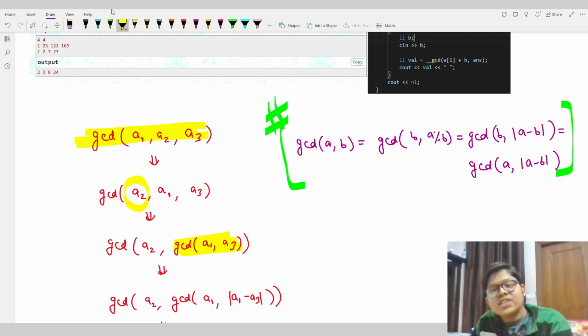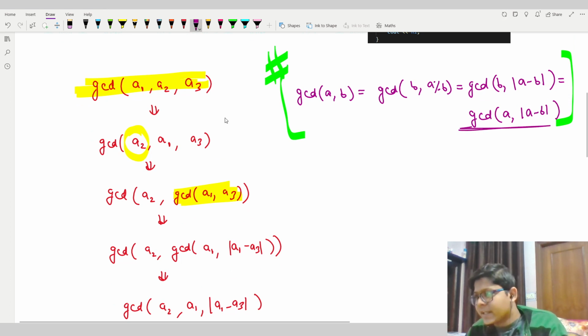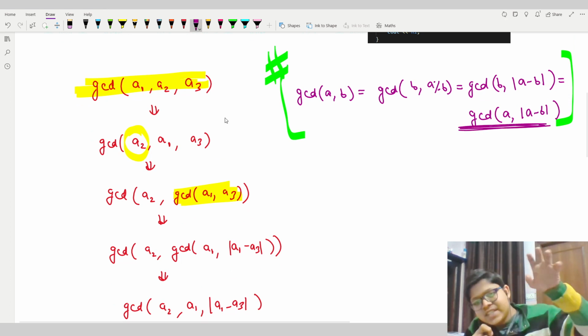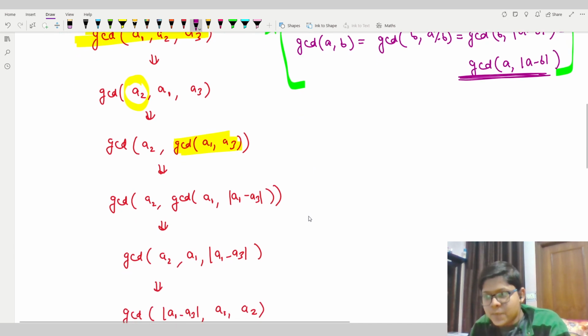Then I expand it using the property that GCD of A and B is GCD of A comma modulus of A minus B. So I place my A1 here and place A1 minus A3 modulus here.